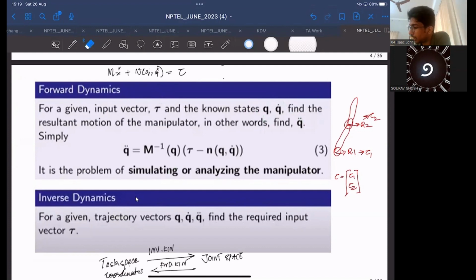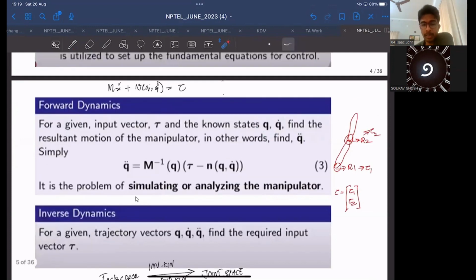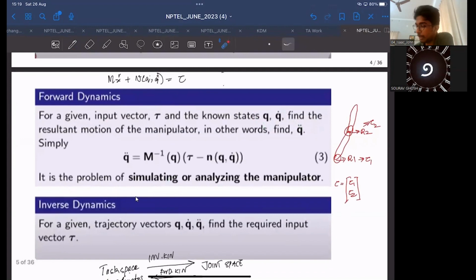Here we know the M. This is nothing but the mass matrix. Depending on the robot and the weight of each of the individual bodies, we'll be able to assemble a mass matrix. We'll also be able to assemble this n vector comprising forces contributed by centrifugal and Coriolis effects. And the unknown would be this q double dot. We don't know how the robot would move. To maintain the homogeneity of units, q double dot is the unknown. How would we find this q double dot for a given tau?